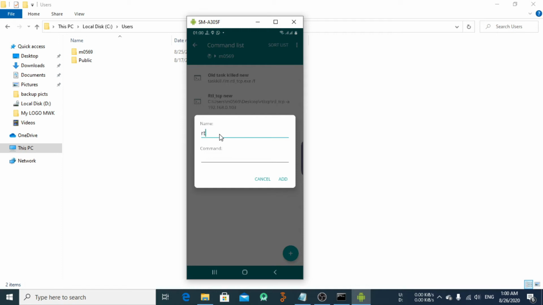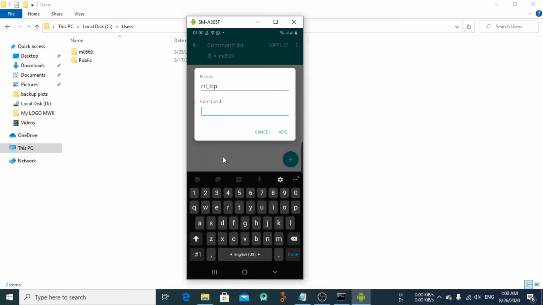So let's put rtl-tcp, and for the command, I will post it in the description below. So C, capital letter, colon, like this. Users, the U is capital, like this. I will post the command down in the description, and then your PC name. In my case, my PC name is M0569 in Windows. After that, desktop,